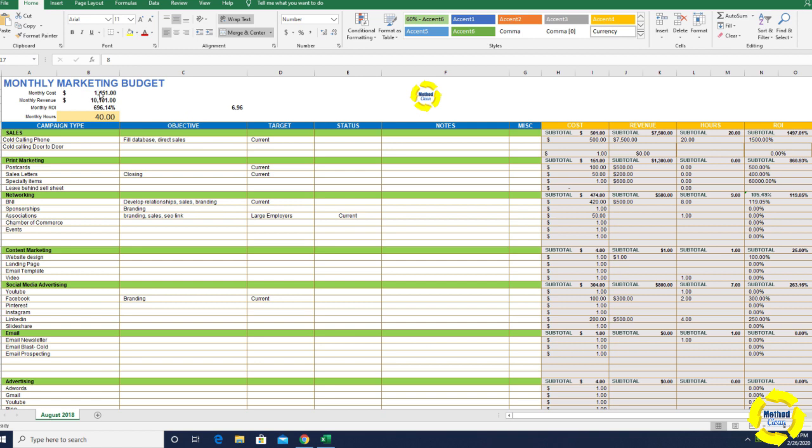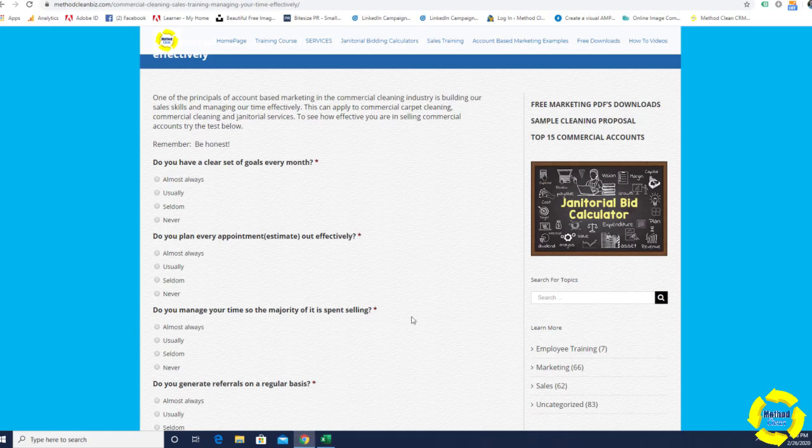Over here, on the title is our monthly cost, and that's how much money are we physically spending every month, and then the revenue, return on investment. But what we're focused on today is the actual hours. And on our website,